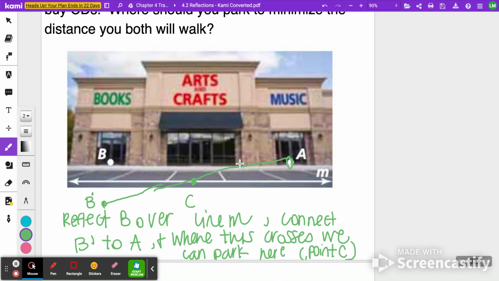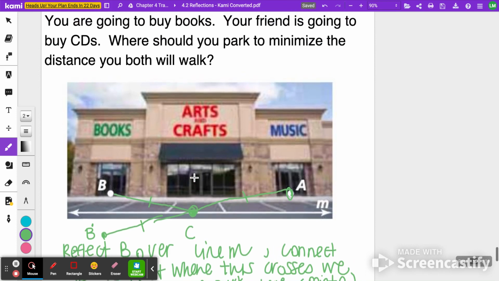Mine's not straight, but you get the gist. So it'd be right around here. Okay, that just means from B to C, it's the same length as B prime to C prime. All I've done is reflected that point. So which also means it should be the same distance from there to point A. That is going to conclude our notes today on